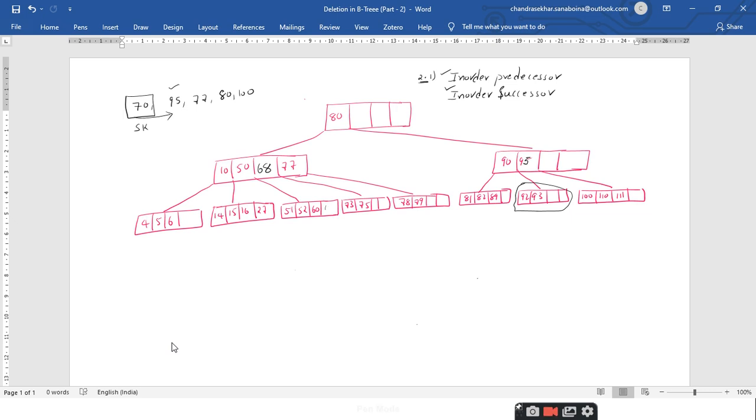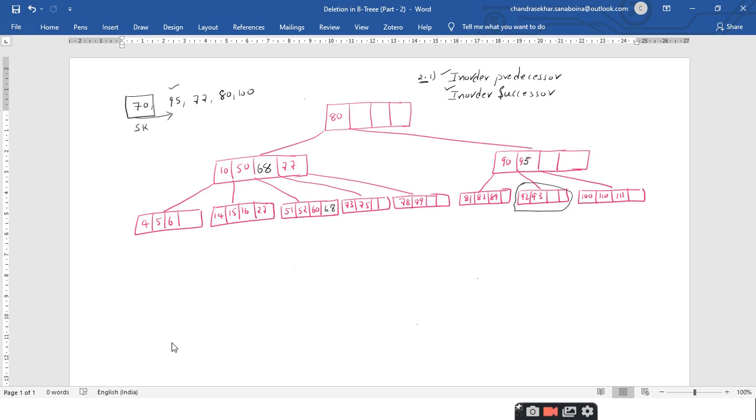So 68, if you want to delete 68, you cannot delete it as it is. You have to apply the different cases that are applicable for the deletion of a leaf node in the B tree. So 68 should be deleted. What is the case here? 68 is identified as a key that is present in the leaf node, and after identifying that, you have to check whether that leaf node has the minimum number of keys or not.